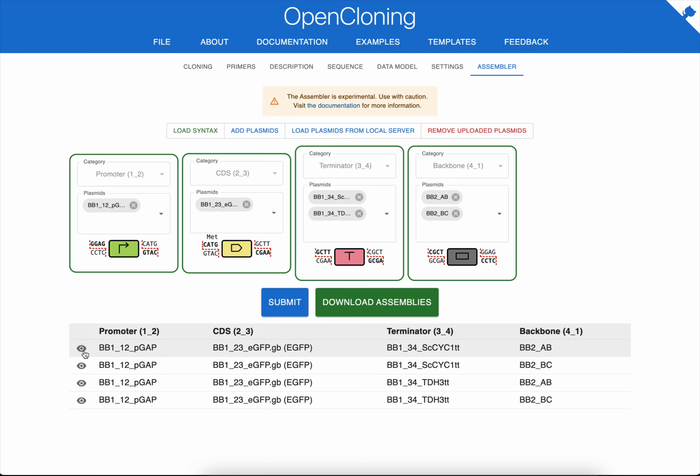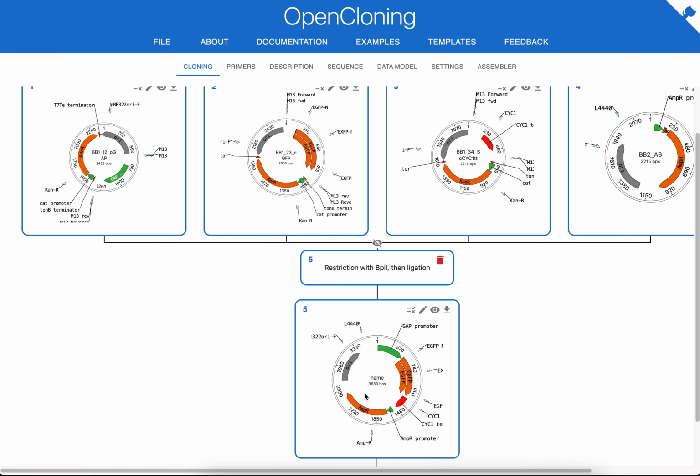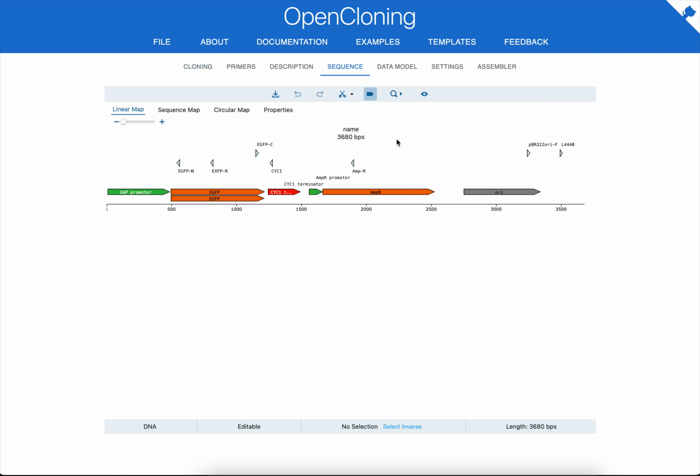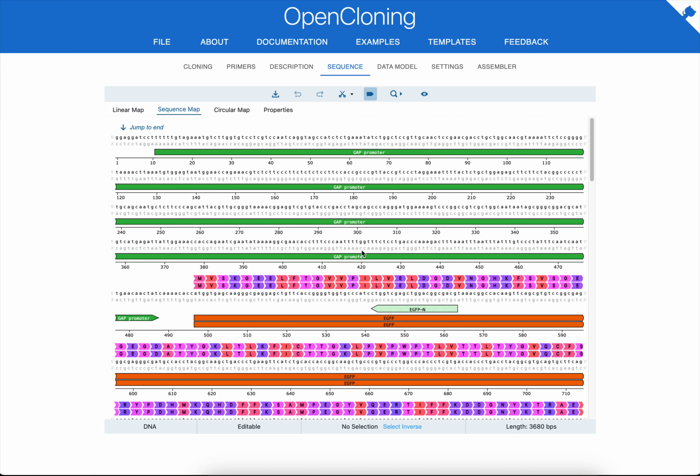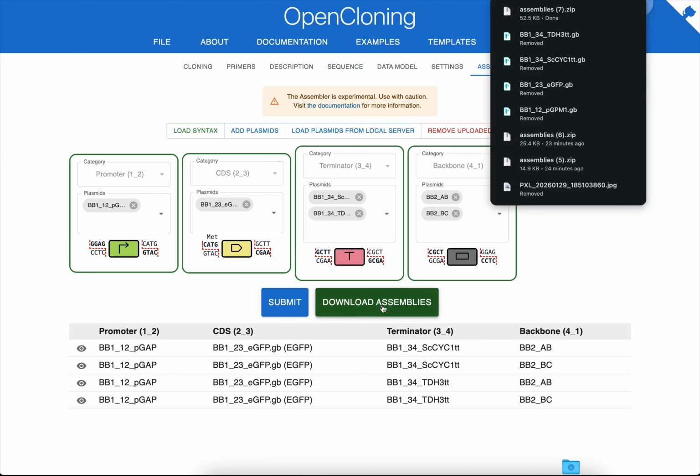Then we can click on the I button to see the individual assemblies, and we can see in this case the inputs for the Golden Gate assembly, the Golden Gate assembly reaction, and the product. We can also click on the I here to see it in the sequence tab in detail in the editor. Now if we go back to the assembler and we click on download assemblies, we will get a